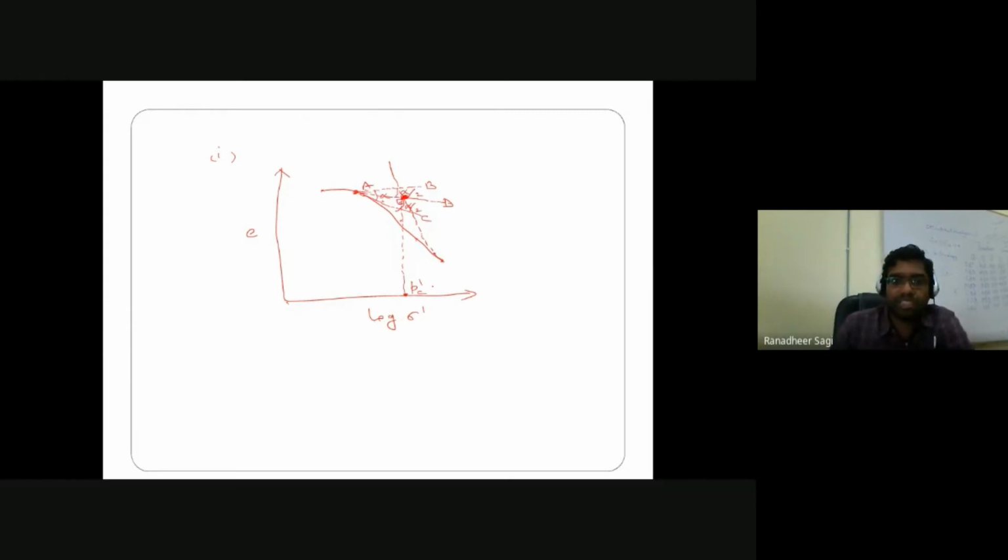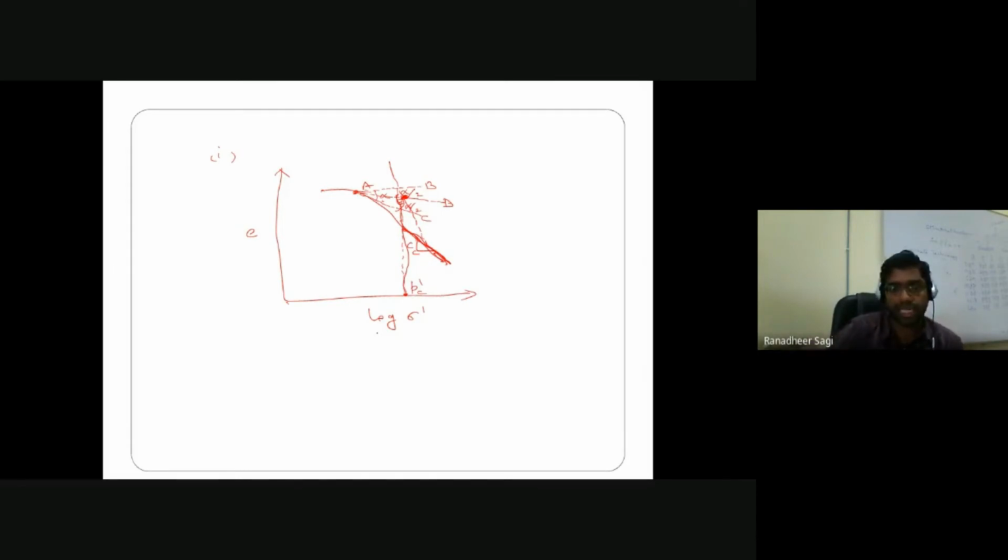Now, what is the third question that we were asked to find out? We were asked to determine the compression index. So look at your e versus log sigma dash curve and take the reference of the portion of the curve on the right side of the maximum past pressure. So if I say here is the region of the maximum past pressure, this is a stress condition. Take this part of the e versus log sigma dash curve and calculate its slope. That slope is what we call Cc. Okay, that's how we are going to solve your problem.